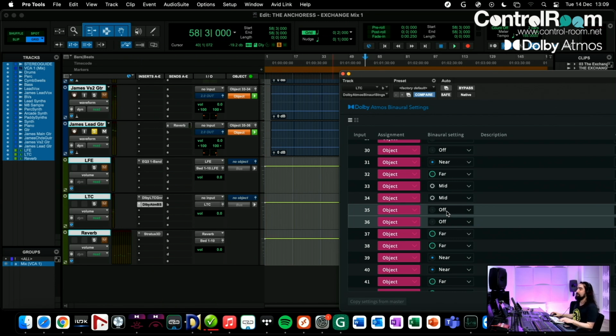So there you go, that is the trade-off right there between far and it sounding quite spatial, and off and it's sounding very intimate and dry. And it's sort of,